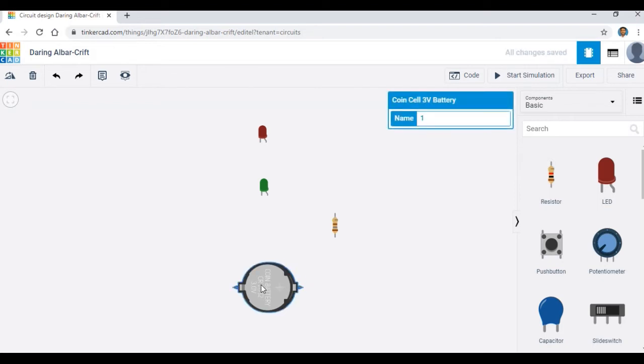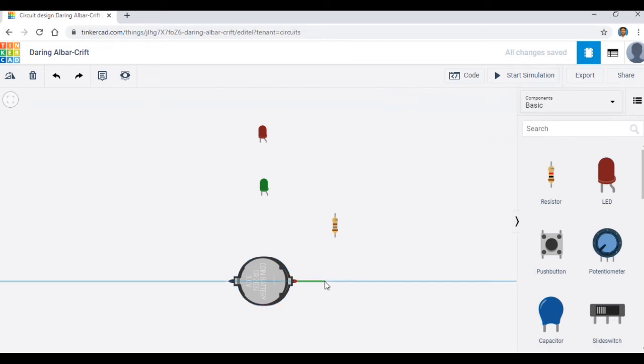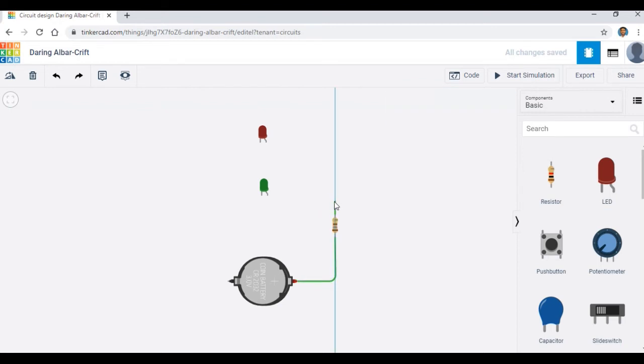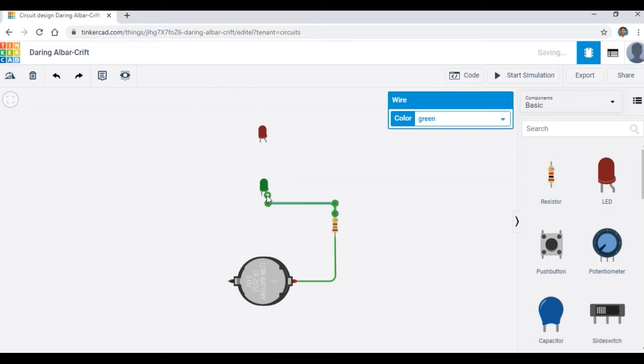Okay, and now it's time to connect the components. For that I am clicking on this positive and dragging the cursor, and connecting it to the positive terminal of the green color LED.